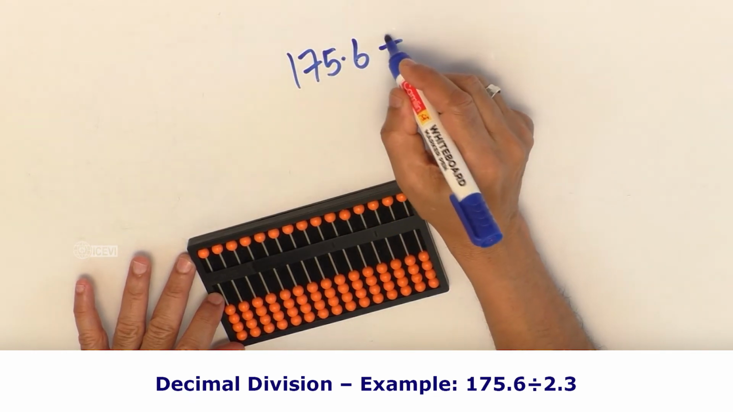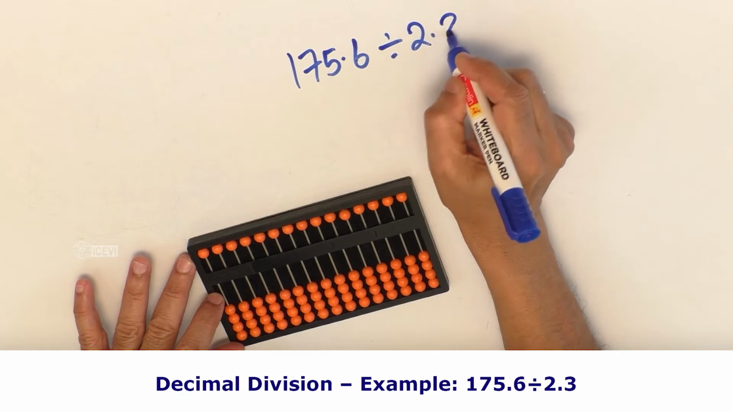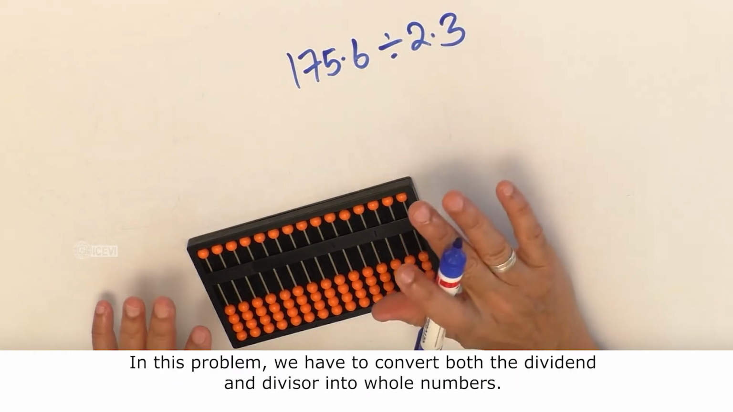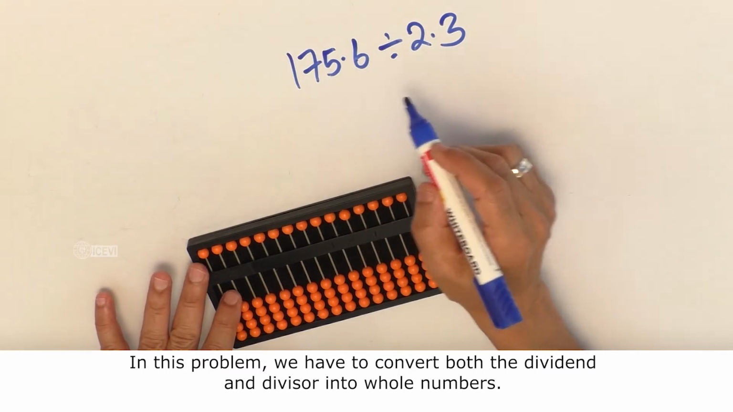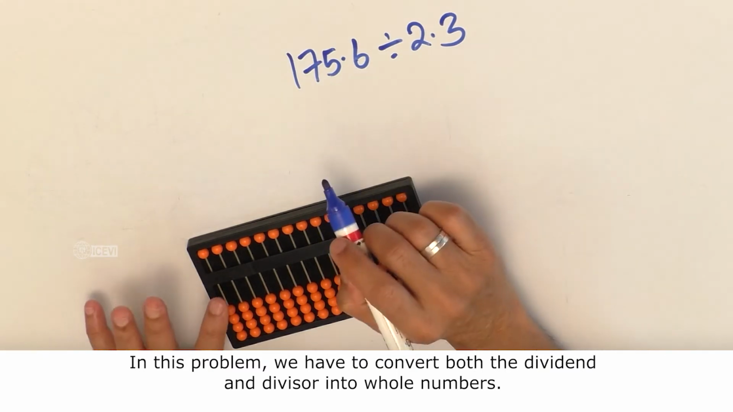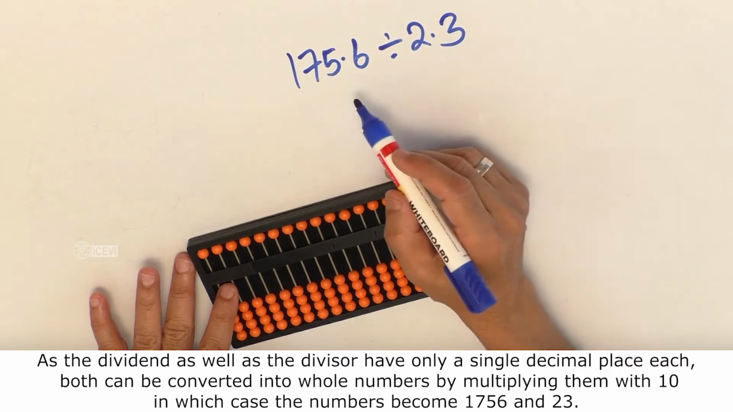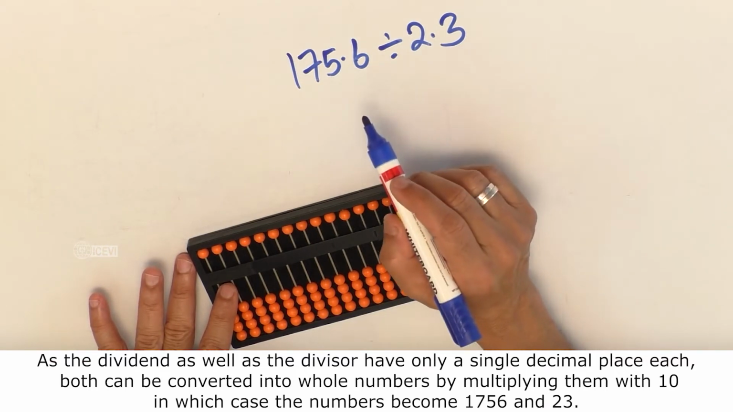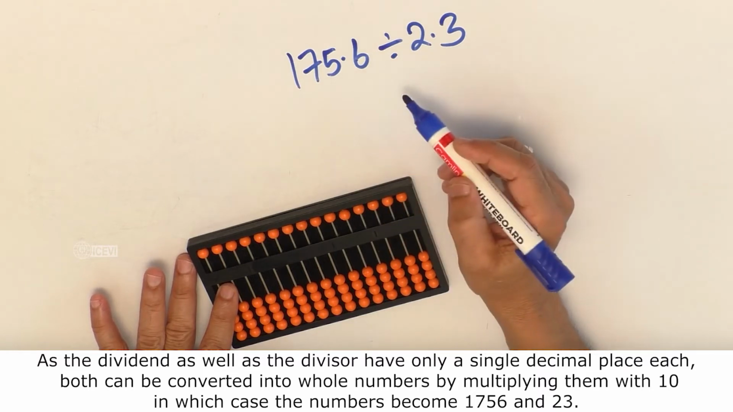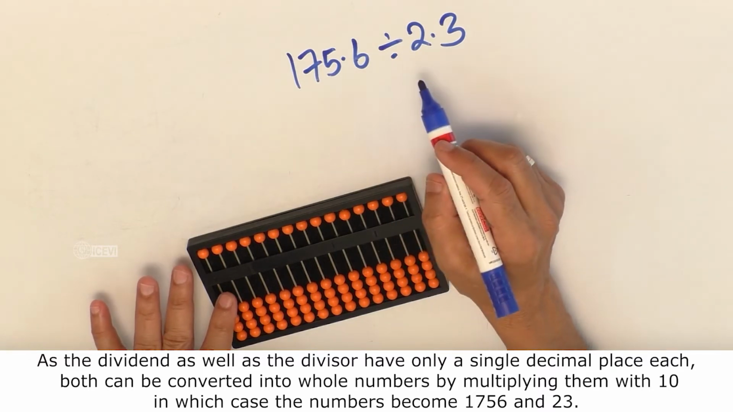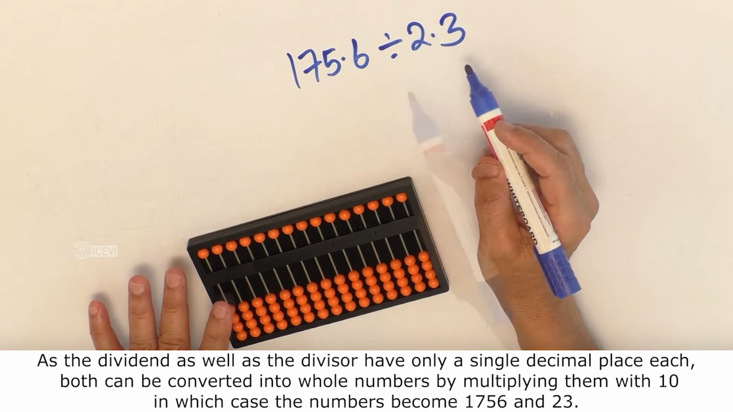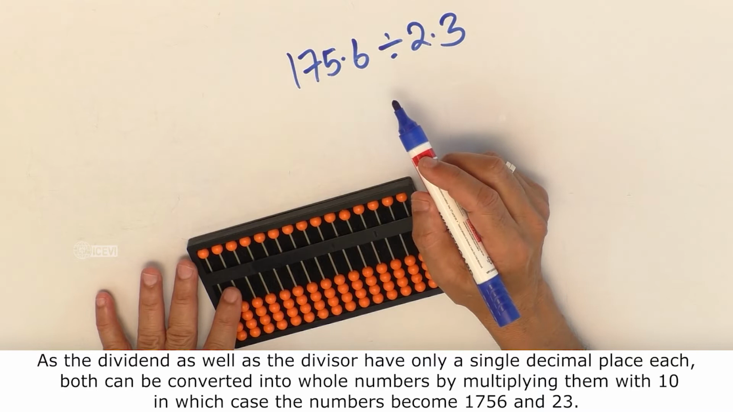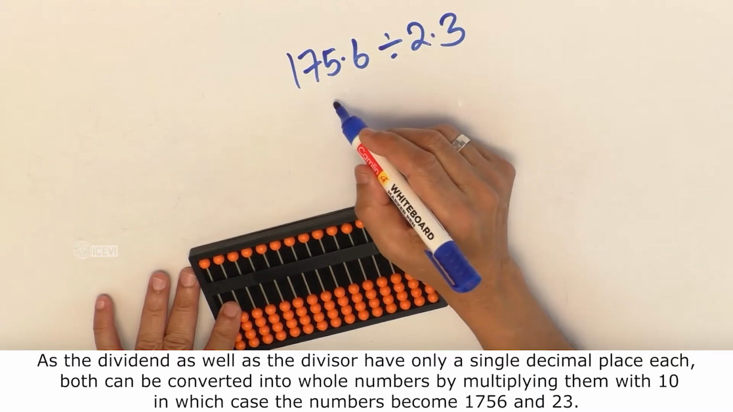175.6 divided by 2.3. In this problem, we have to convert both the dividend and the divisor into whole numbers. As the dividend as well as divisor have only a single decimal place each, both can be converted into whole numbers by multiplying them with 10, in which case the numbers become